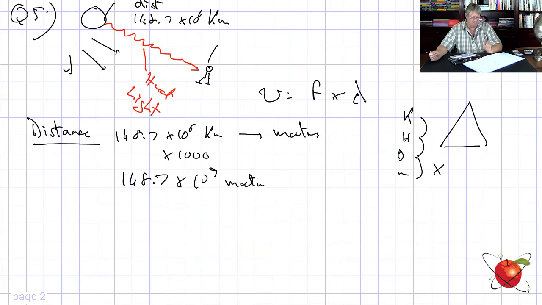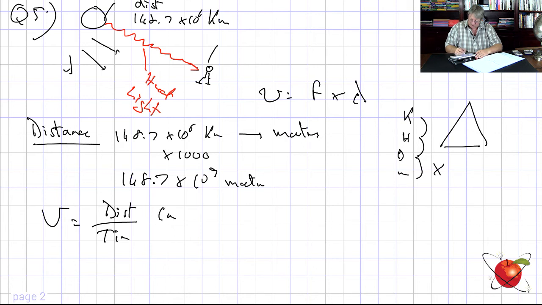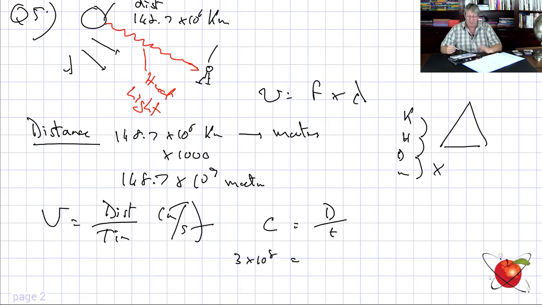How do we go further? Well, you know that velocity is also equal to distance over time. It's measured in meters per second. Meters distance, time seconds. So what do we do now? Do we know the velocity? Yes, it's electromagnetic. It is C is equal to distance over time. So then we say 3 times 10 to the 8, because we don't know frequencies or anything else, do we? We know velocity, but we don't know wavelength either. 3 times 10 to the 8, okay, and that must be equal to